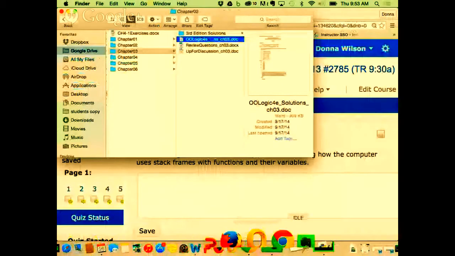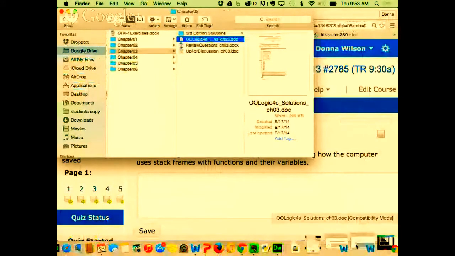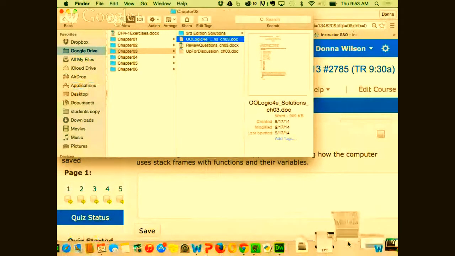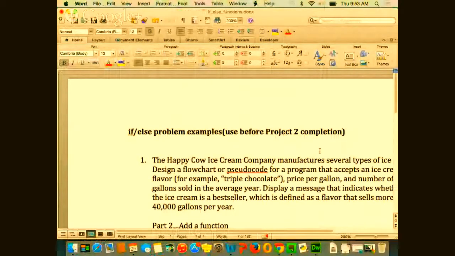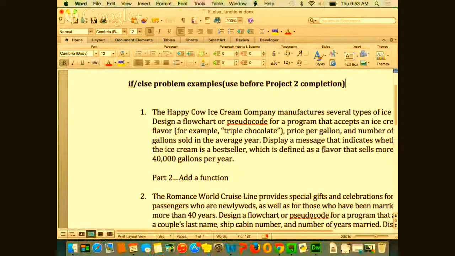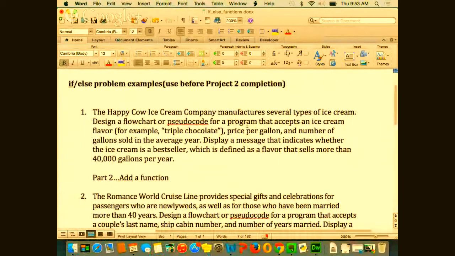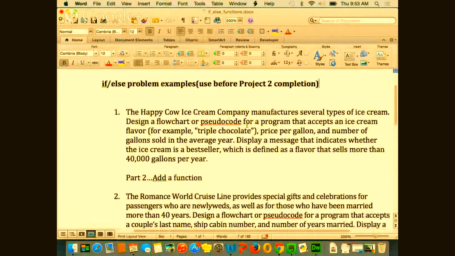Let me get them. I think they are these, maybe. Yeah. Okay, so this one is an if-else problem. We are going to look at this one, and then we're going to pseudocode it, and then I'm going to go out to Lucidchart and flowchart it, or I may flowchart it first, because nobody on the test, and I don't think I've had you do flowcharting for decisions,